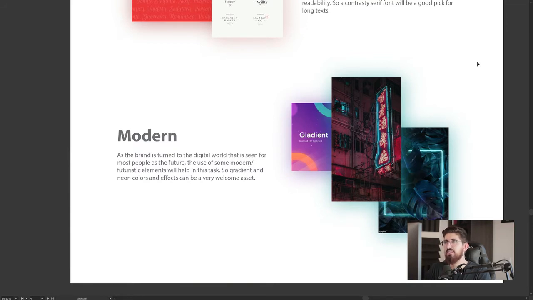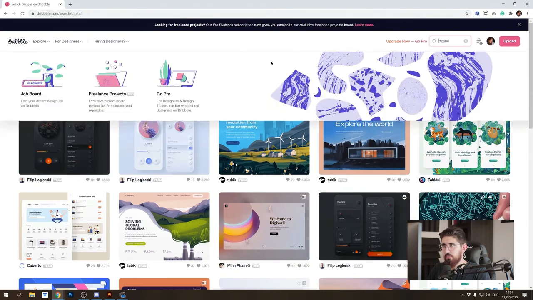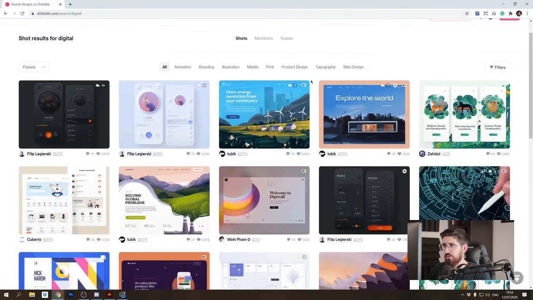Normally you can see this trend on everything that's futuristic or modern. They use many lights and you can see the pattern when you open the websites. I'm going to give you an example right now. So as you can see here, I just got into dribbble.com and I typed digital in here, and I can